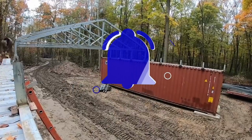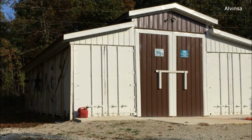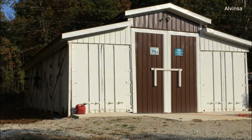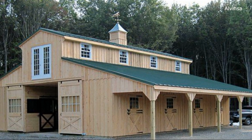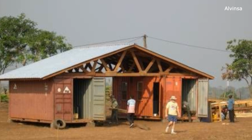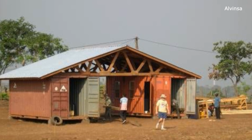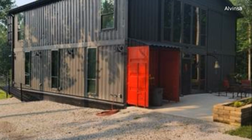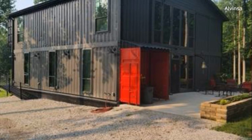Shipping container garages have become a trend in modern construction, captivating the imagination of home renovators and builders alike. The appeal lies not only in their robust structure but also in their contribution to environmental sustainability by repurposing existing materials. The versatility of shipping containers makes them an ideal choice for creating sheds, garages, and even barns on expansive